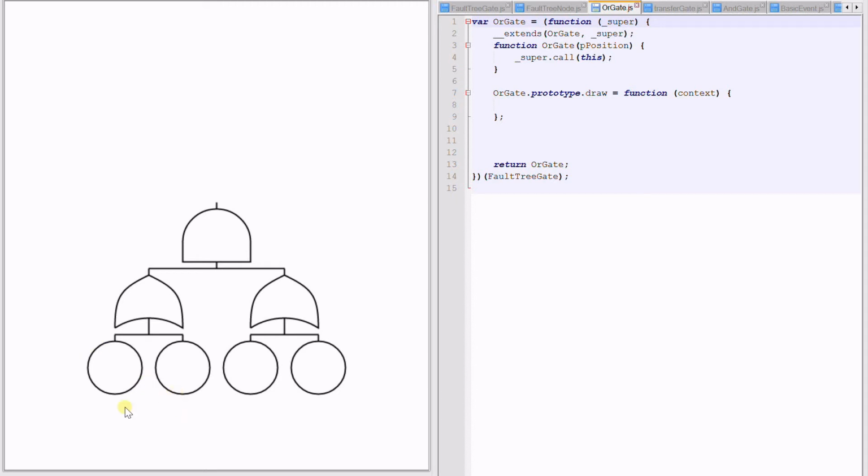So you can make up a regular polygon shape using this algorithm, and if you have an increased number of segments then you basically get a circle. So that's what you should be using in order to create your basic event. So moving on to the OR gate,